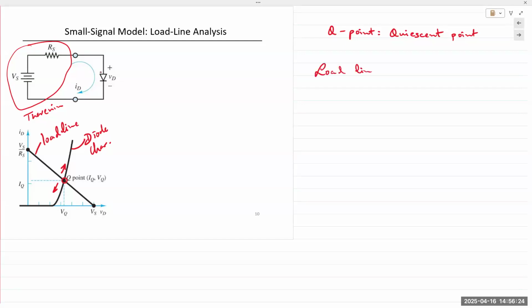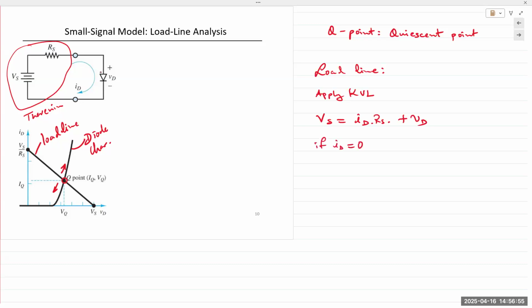So the way we create this load line is by applying KVL to the circuit. When you apply KVL to the circuit, we can obtain Vs is equal to IDRS plus VD. It's a linear line. We need values for ID and VD to plot. So the assumption is the line is going to intersect the X and the Y axis at some point. So we choose